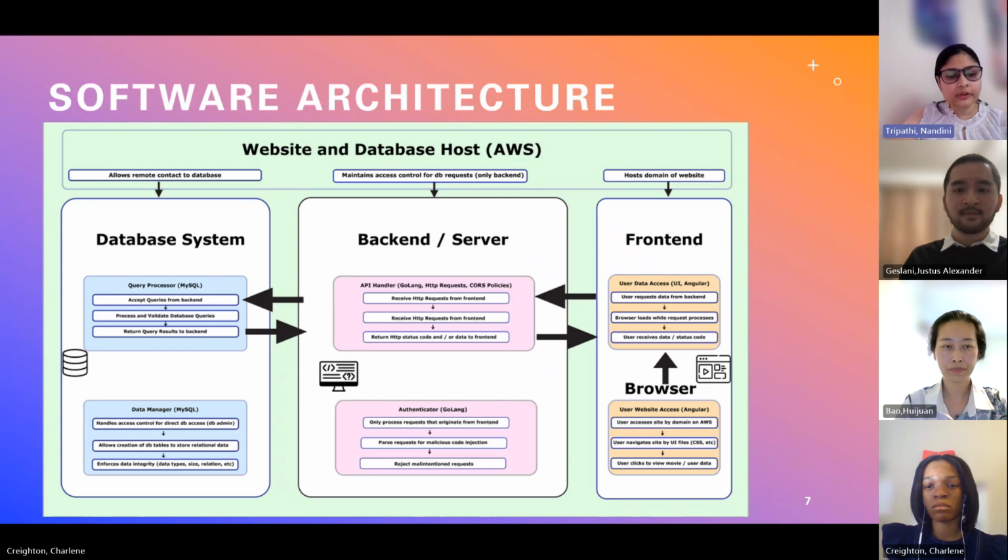It also authenticates and processes the HTTP requests made to it by the frontend and then returns any data requested by the frontend. The frontend is written using the Angular framework. The user uses their browser to access the user interface. The user interface makes HTTP requests to the backend on behalf of the user and allows routing among the web